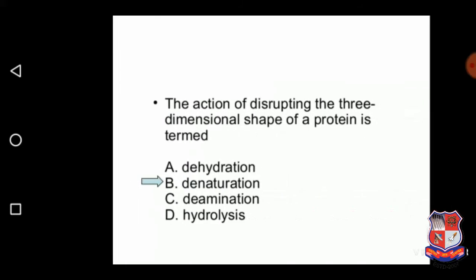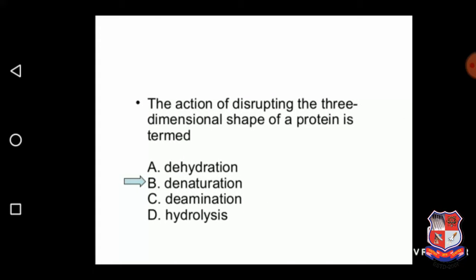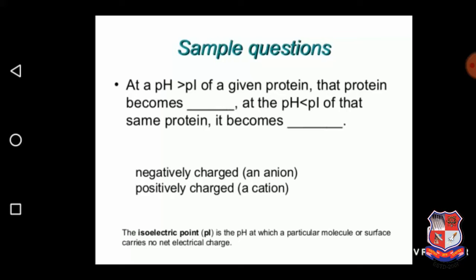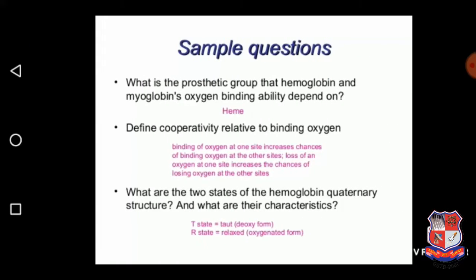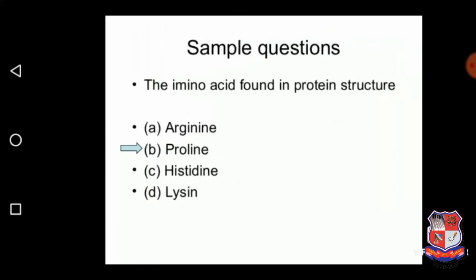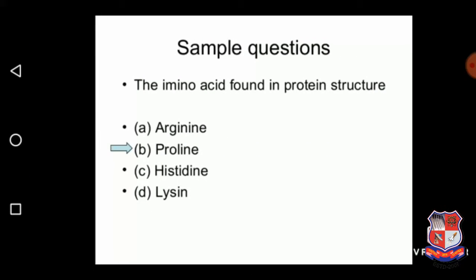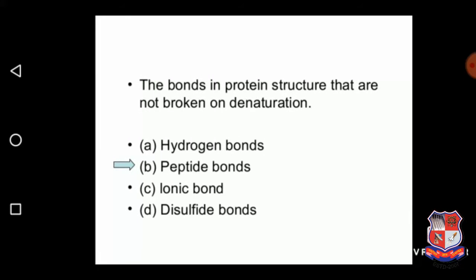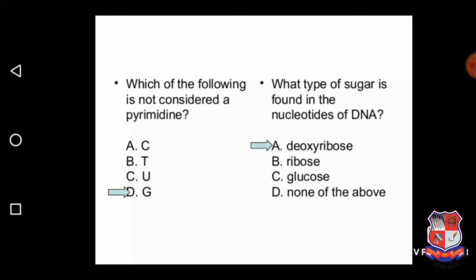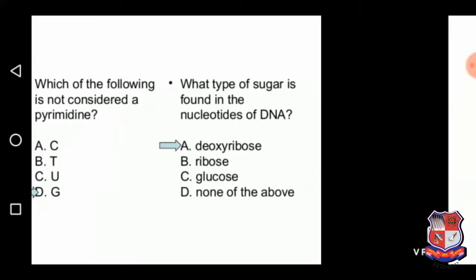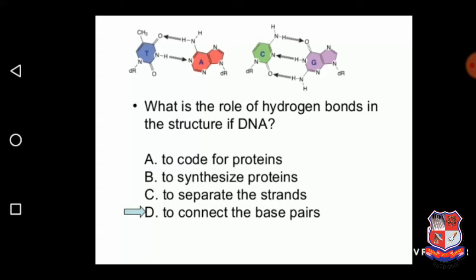Quaternary structure of the protein, the action of disturbing the three-dimensional shape, sample questions, negative charge at the isoelectric point, comparative studies, amino acids found in proteins, which bond in protein structure is not considered, pyrimidine, nucleotides of DNA, hydrogen